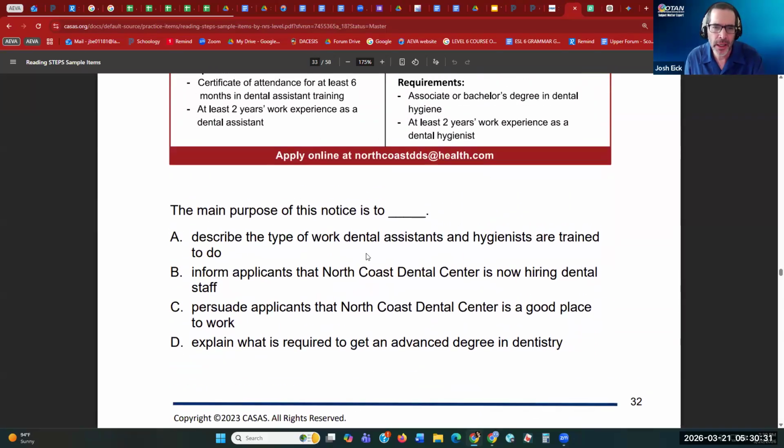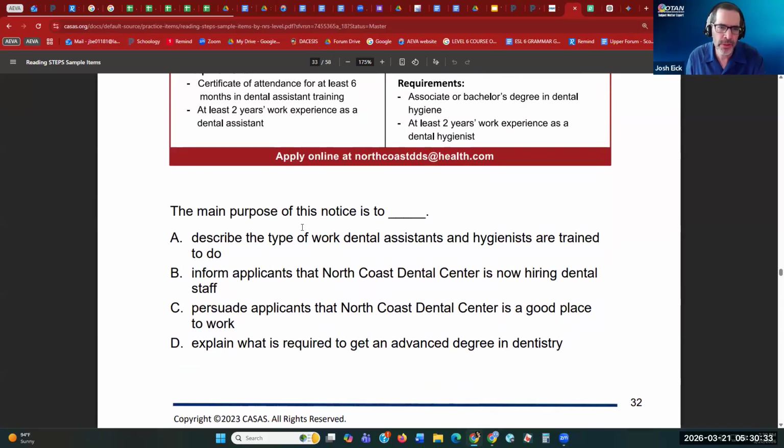All right, let me read the answers. The main purpose of this notice is to describe the type of work dental assistants and hygienists are trained to do. Well, it says hiring and wanted. I don't think it's a training thing. Inform applicants that North Coast Dental Center is now hiring dental staff. That's one.